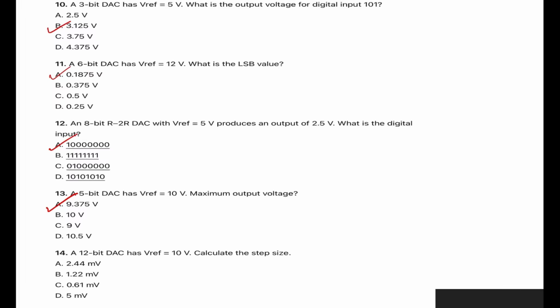Next, number 14. A 12-bit DAC has V reference 10 volt. Calculate the step size. We have already done so many questions. So for step size, we know that the equation is V reference divided by 2 raised to N. Here the V reference is given as 10 volt and the number of bits N is equal to 12. So the answer will come 10